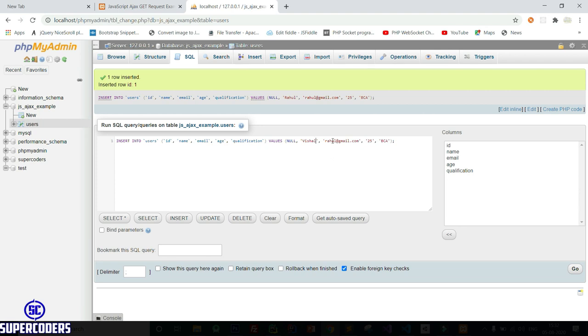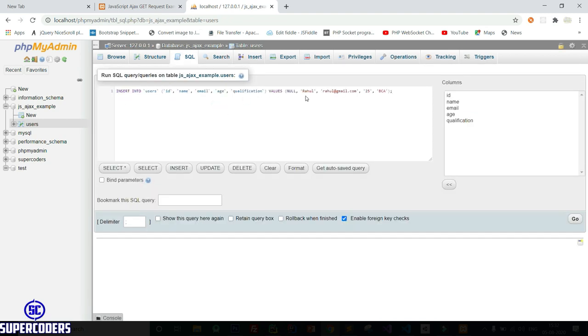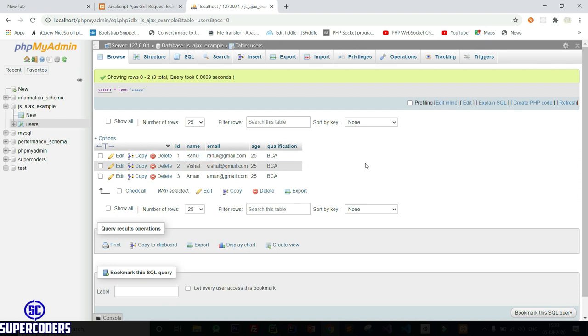Vishal, again go. Aman, go. Now you can see I inserted data in the database. So here I created a simple user table and inserted some data in our database.